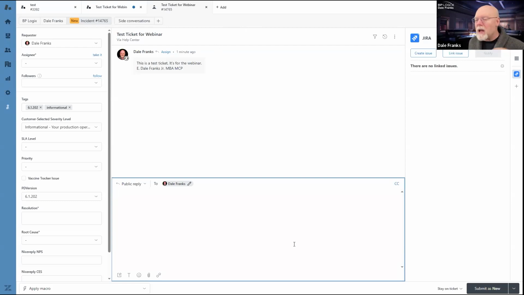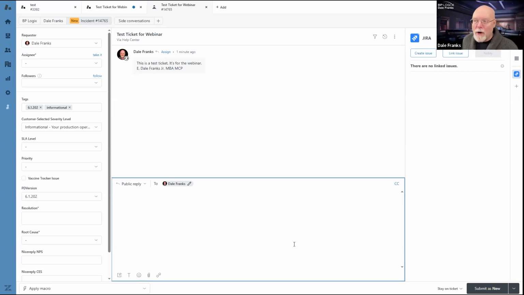Because in most cases, unless it is informational, there's going to be an SLA timer running against it. You can keep tickets in your queue for as long as you want. There are some limits to that, but generally nobody is hounding you for a response. Inside BP-Logix, we are being hounded for a response. I'm going to get notified if any of the tech support agents are within 1 hour of breaching SLA.